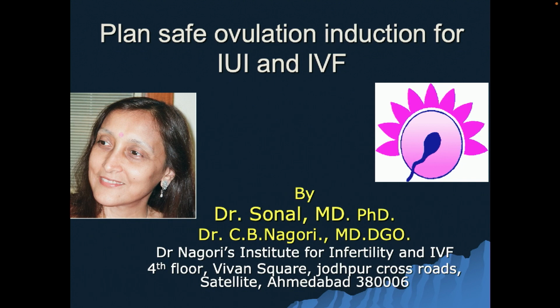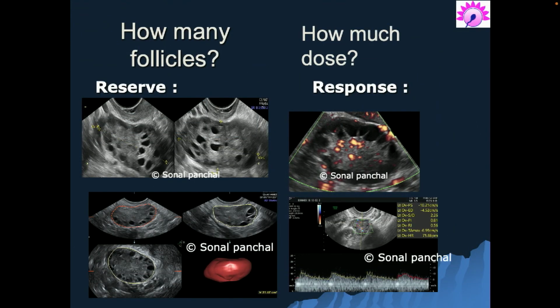So this is the scan that we do to find out what should be the gonadotrophin dose for a patient. It is to assess the ovarian reserve and the response. Ovarian reserve and the response are 2 terms which have been used for years together as interchangeable terms. But we have to understand that they are 2 separate things. Reserve tells you about the number of follicles that will develop at the end of stimulation, it is the response which tells you how much push or how much dose of gonadotrophin these patients will require to produce those number of